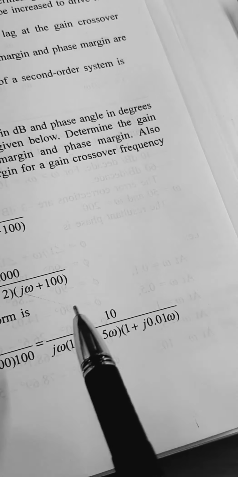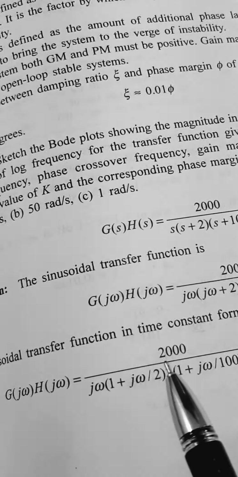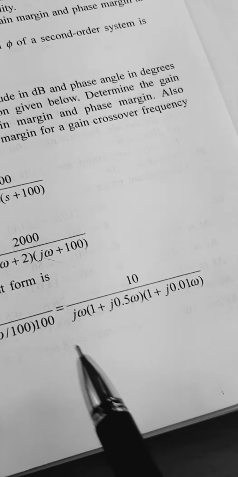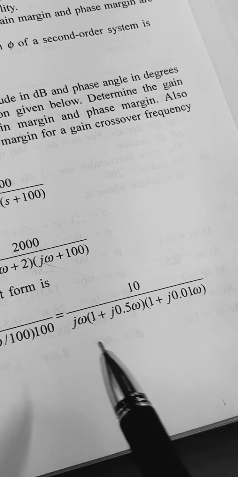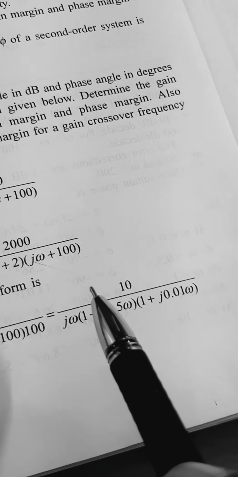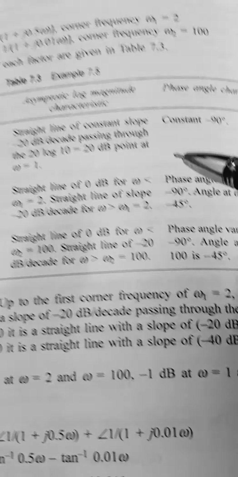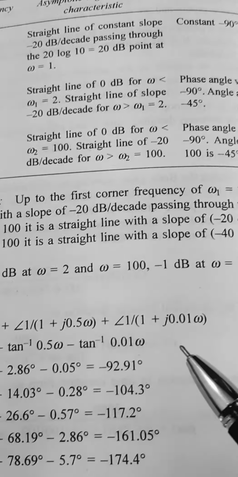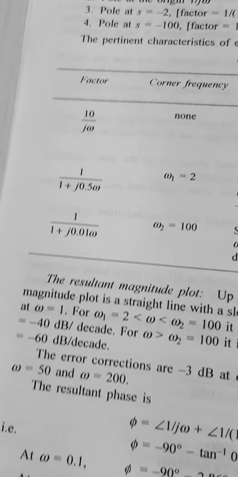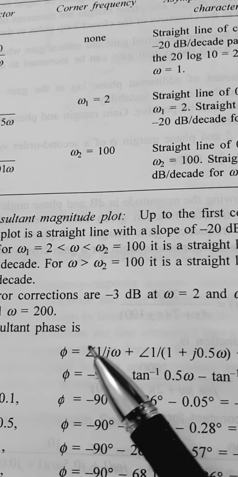This is the entire sinusoidal transfer function, and the sinusoidal function in time constant form is this. So you have to find the angle of this entire term, because we found it section by section, but you have to find the overall angle. For that, you can see here